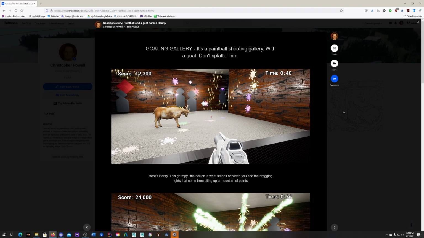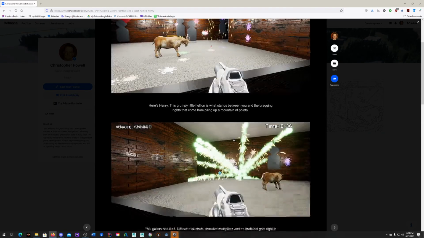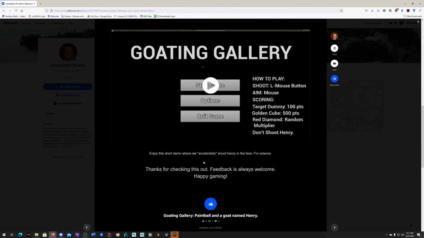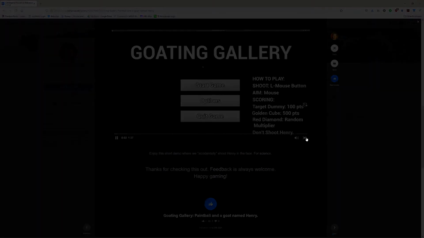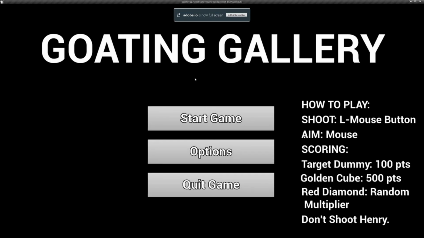And to show that particular skill, and then of course I have a video on the site showing. This is a short one. I'll go ahead and play it. This is Goating Gallery. It is a paintball shooting gallery with a goat, with a personality. This was an exercise in procedural mesh components,